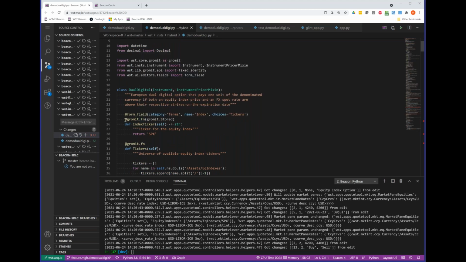So I've still got my grommet method here that defines what equity index market we're looking at. But I've added on some of the methods a new decorator called form field that says this field should show up in user interfaces. It's got a few things that you pass into it, like a category here, category terms. If we go back to Quote Tool,